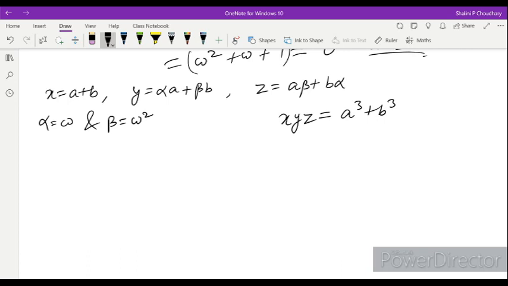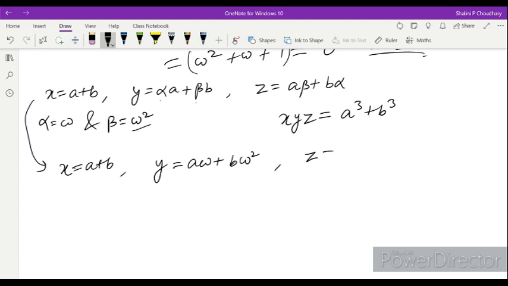Okay, now what we'll do, we'll write here the value of x, y and z. So x will be equal to a plus b, y will be equal to, alpha we will write as omega, so that will be equal to a omega plus, and beta is equal to omega square, so b omega square. Now for the value of z, we will put the values of alpha and beta, omega and omega square, so z will be equal to a omega square plus b omega. Okay, now what we have to do, we take the LHS,